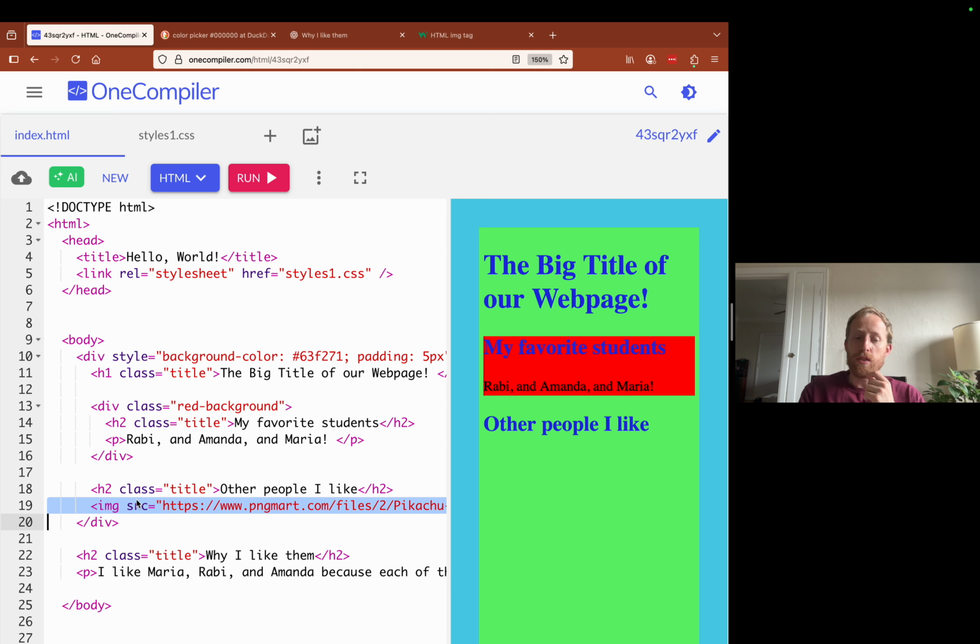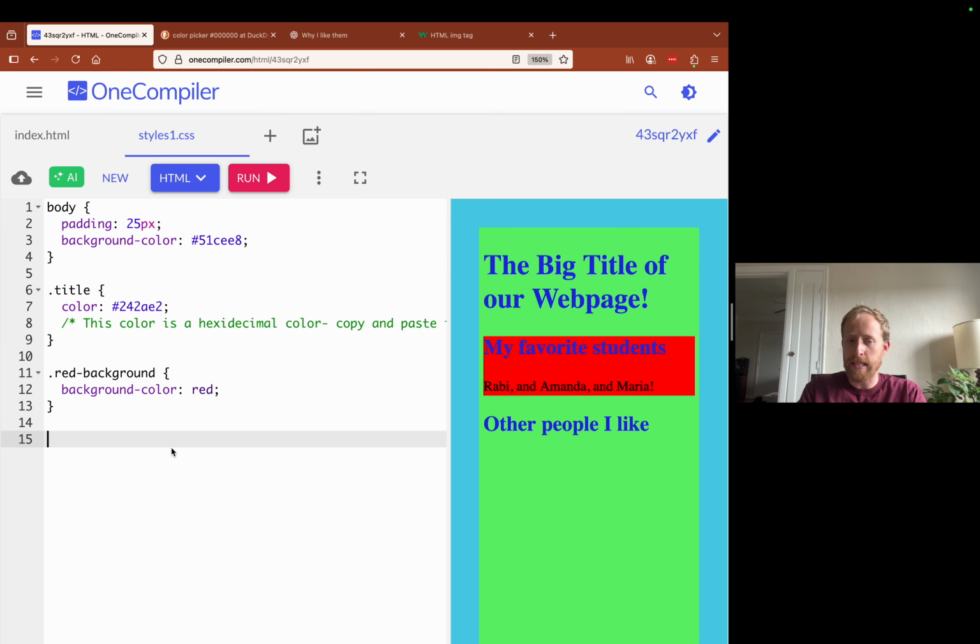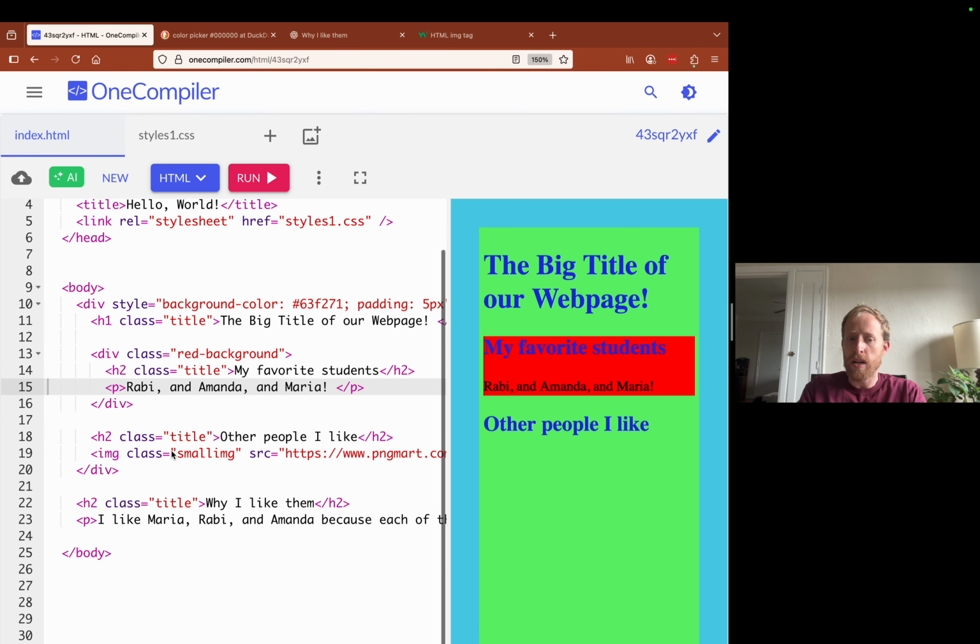So what I can do is specify a new class that says class equals small image. Now I can write properties in my style.css that correspond to small image.